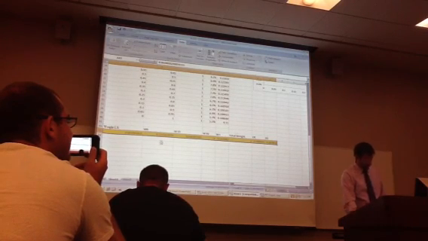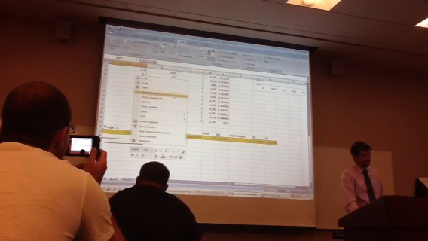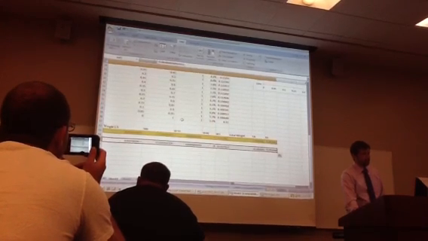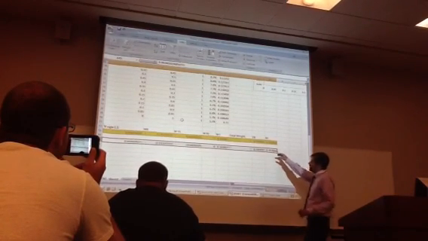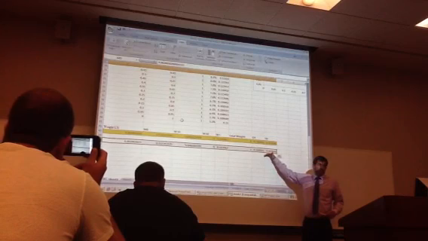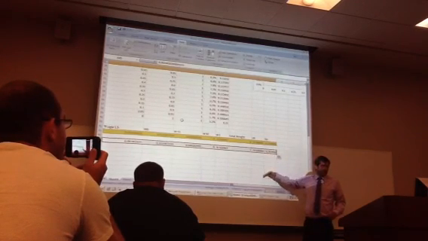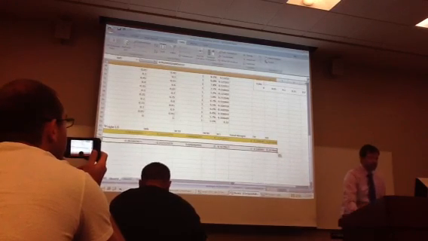Just take these, copy, come down here, say paste special, paste values. Now, if you don't do paste values, you're pasting the whole formula. And so when you go back up to your working line and you redo it, each one of the ones below is going to change. So only paste the values. And that way, when you go back in and you look at the formula,